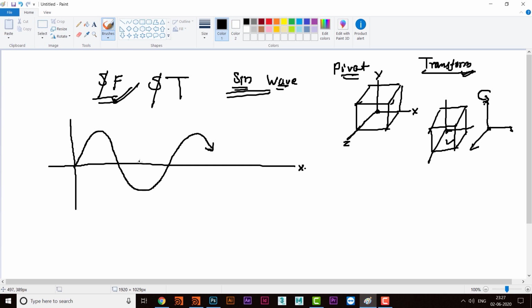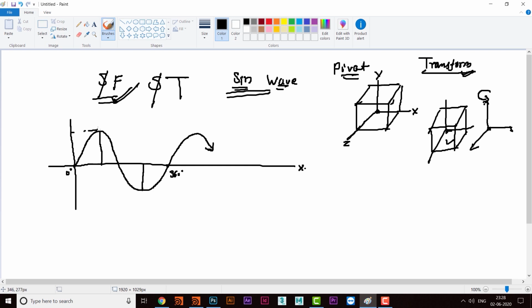One cycle starts from 0 degrees and completes in 360 degrees. That is one cycle. In one cycle, it covers a maximum height on the wave and a minimum height on the wave. This is the maximum, and that is sine 90. Sine 90 is 1.